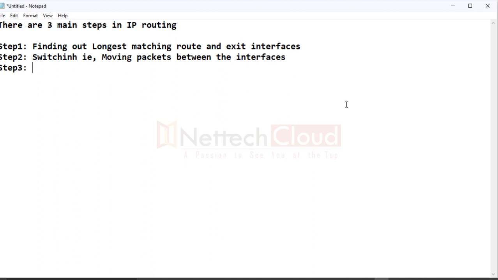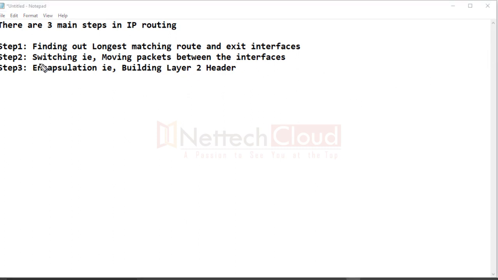And step number three, encapsulation, that is building the layer 2 header. All right, so let's first understand all these three steps involved in IP routing.